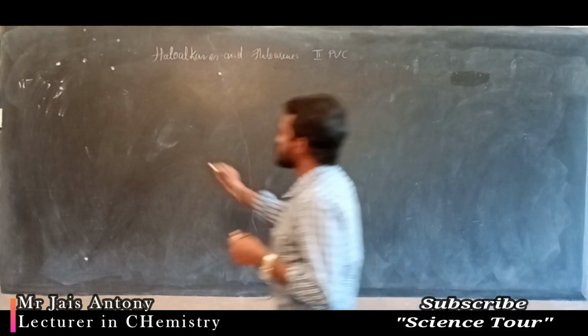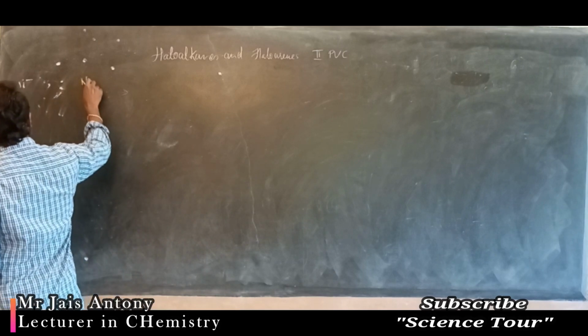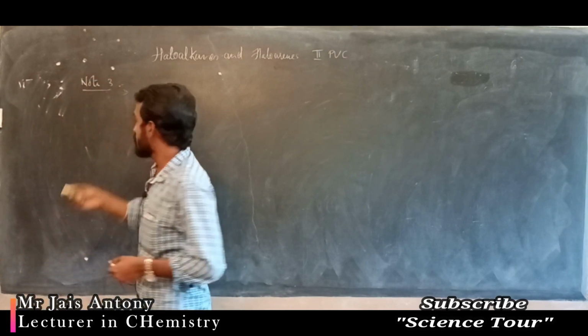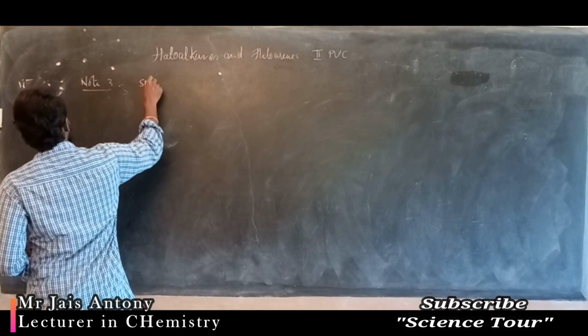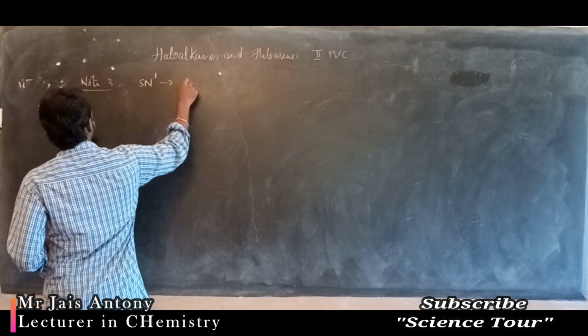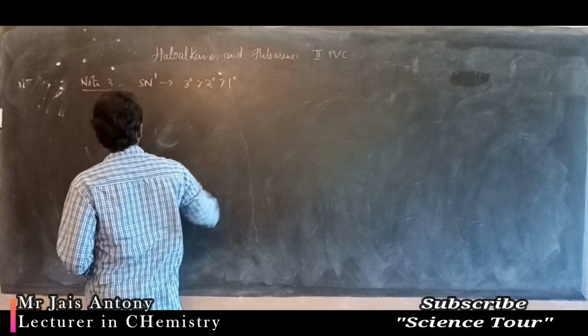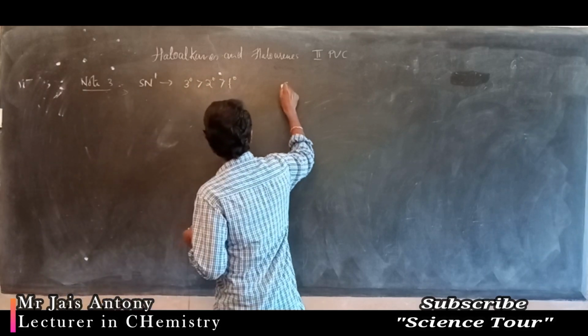Okay, students, next, note 3. In SN1 reaction, which one is favored most? Tertiary carbocation is favored most, then secondary, then primary. Tertiary carbocation means